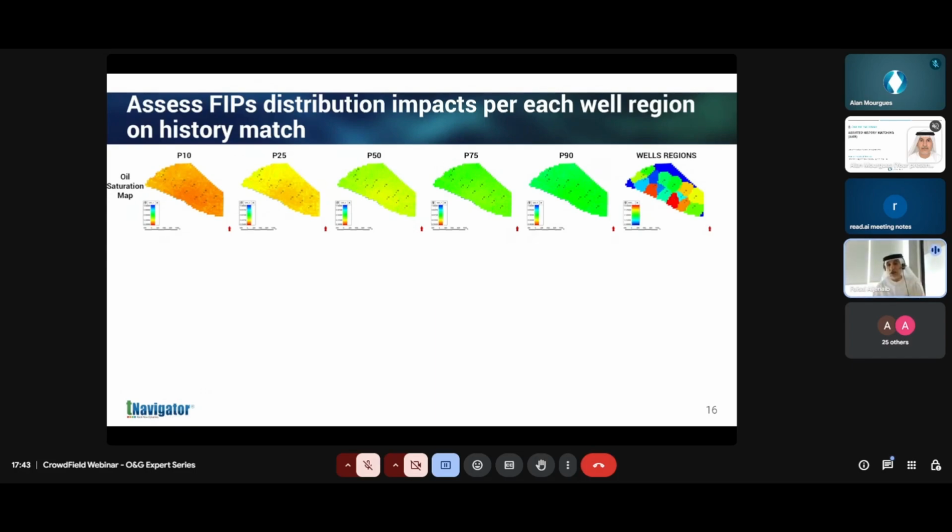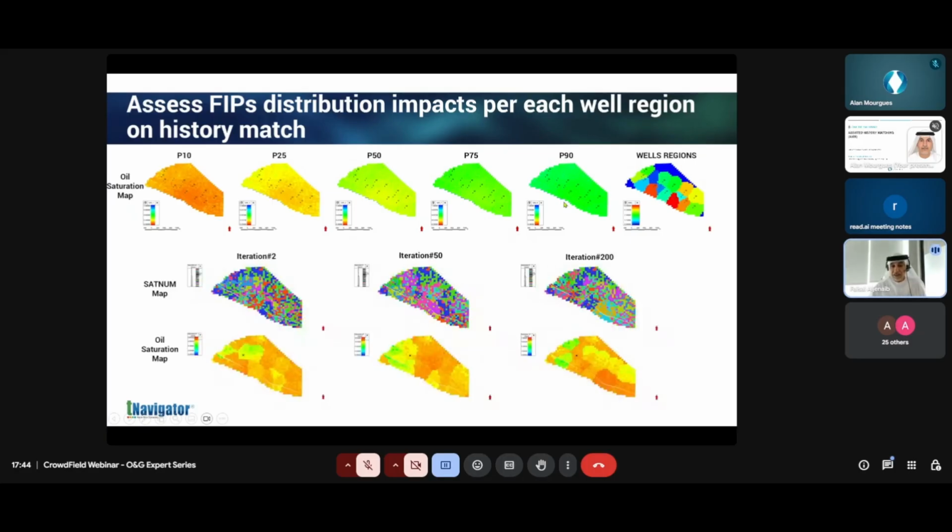And then the assisted history match will go and check the final history match, the base case, and it will change, let's say, the oil around the wells. And the beauty of this exercise is that in order to change the volumetrics around the well, we are changing the assigned rock types. Not only that, but we are using the same script for generating the PC in all these cases. So if I get this P10, for example, I run the same script for generating the PC curves or to assign the rock types belonging to this region, similar to if I want to use it with the P90